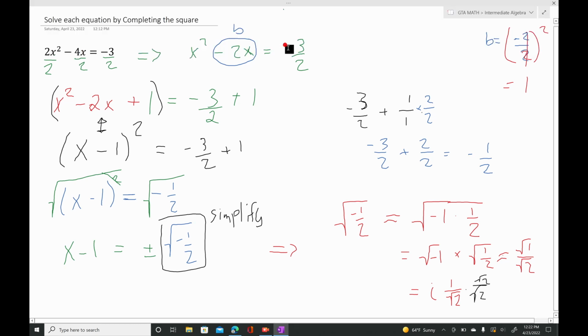So this is gonna turn into this. So I'm gonna add x minus 1 equals plus or minus, which is now gonna be i times root 2 over 2. And since we have a plus or minus sign in front,